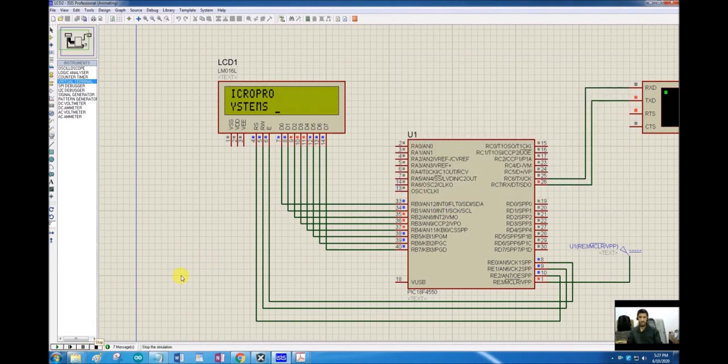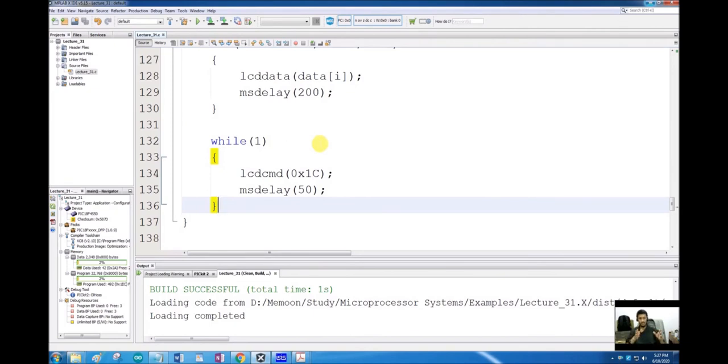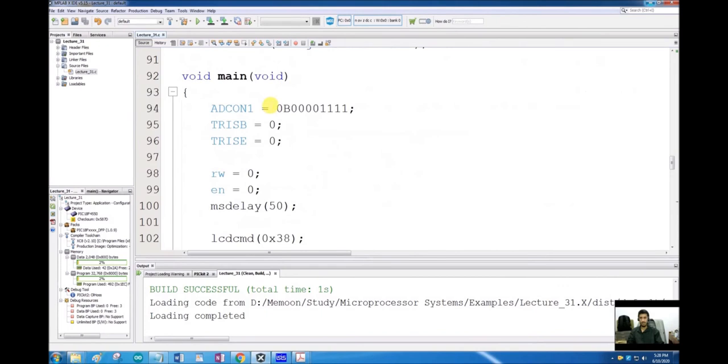Now let's do the last thing. Let's include a serial receive code within this program. Let's receive some data serially and display it on the LCD. Whatever is received should be displayed on the LCD. And how to do that? We have to configure the serial port also. So let's go to the main subroutine in the configuration portion.